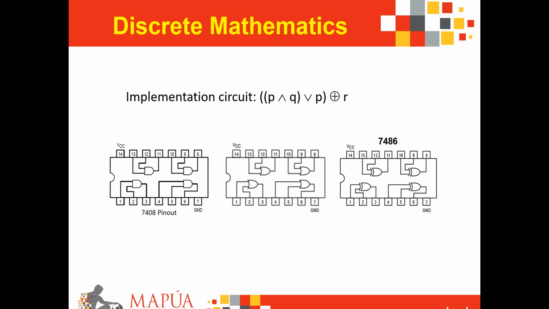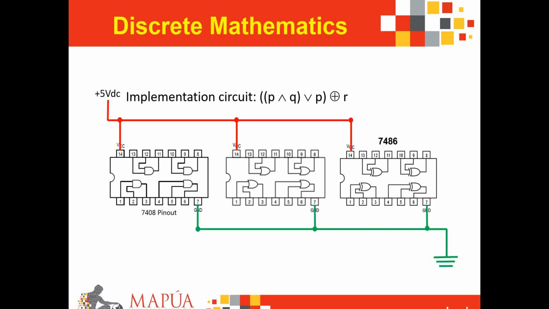As seen from the previous module, in order to make these particular ICs function, you need to connect a power supply on pin 14 of these different ICs, and then pin 7 to the ground of these ICs. And then, of course, we utilize the pin configuration and pin assignments noted in the previous modules for these different ICs. Therefore, we connect your proposition P to pin 1 of the 7408